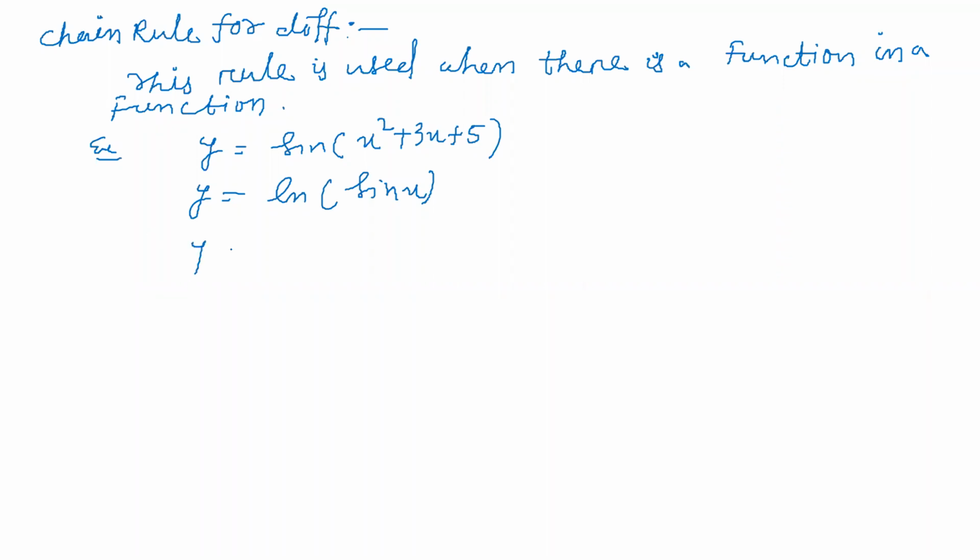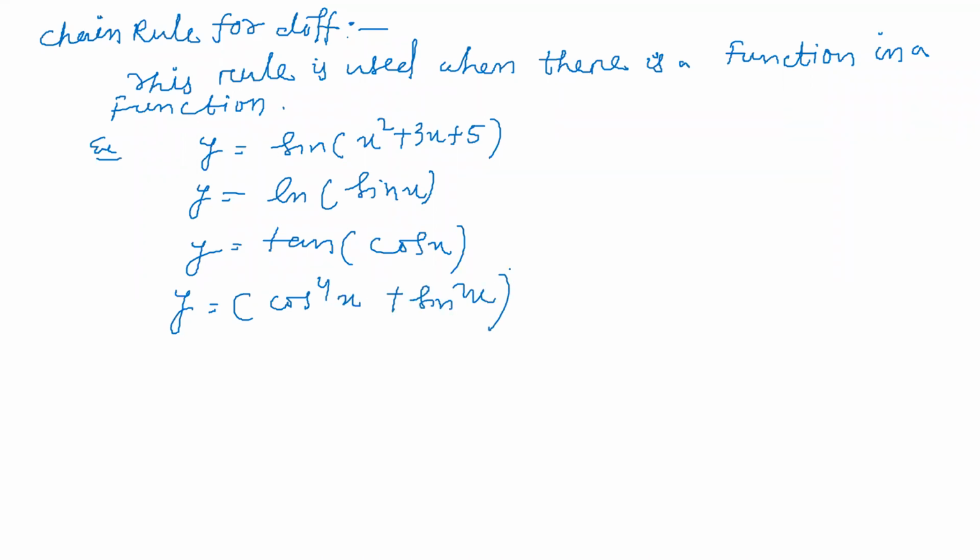So here, how do we do the differentiation? Let me write y is equal to tan of cos x. Only you know tan x, but here it is tan of cos x. These are functions inside a function. Let y be another formula I took, cos to the power 4x plus sine square x to the power 3/2, like that. The total is a function, and inside there is another function, cos to the power 4x and sine square x. How do we do the differentiation in these cases? Just by the process of chain rule.